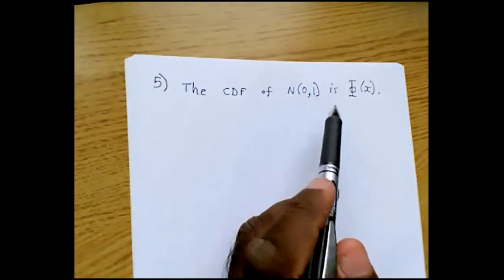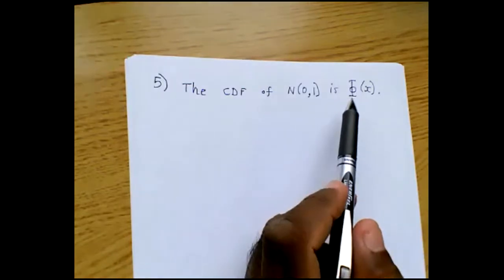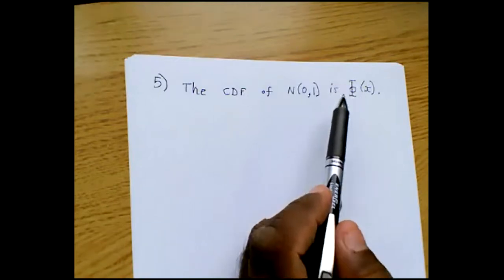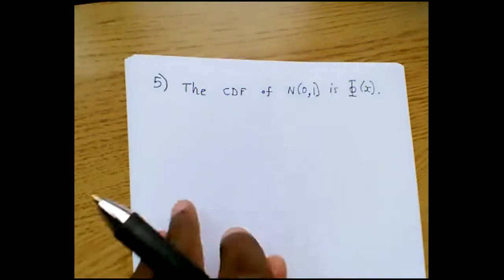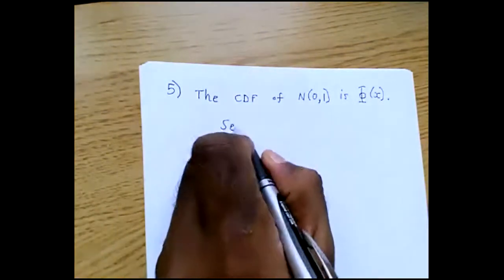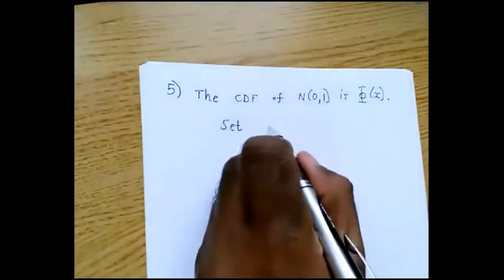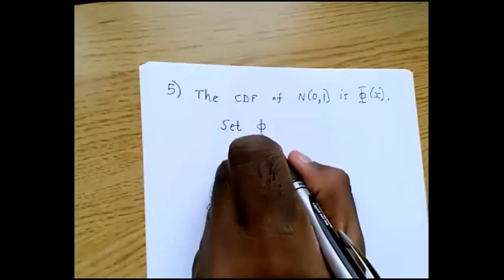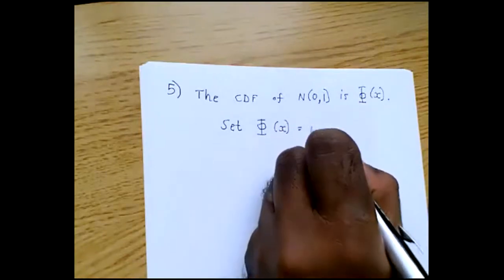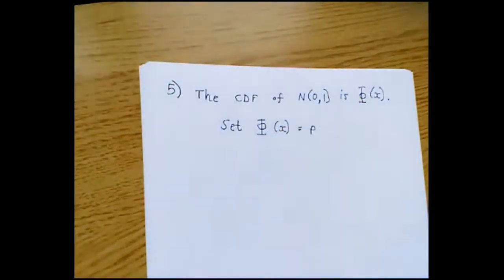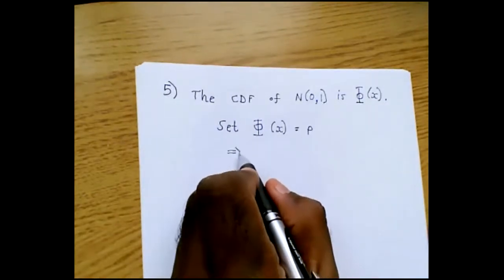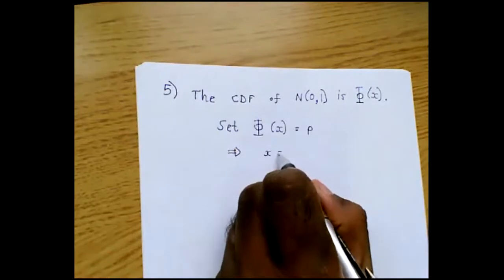I'm sure you guys know from previous courses that the CDF of the standard normal is denoted by capital Phi. All right. So in order to find the value at risk, you set the CDF equal to p, right? Which implies that X is equal to